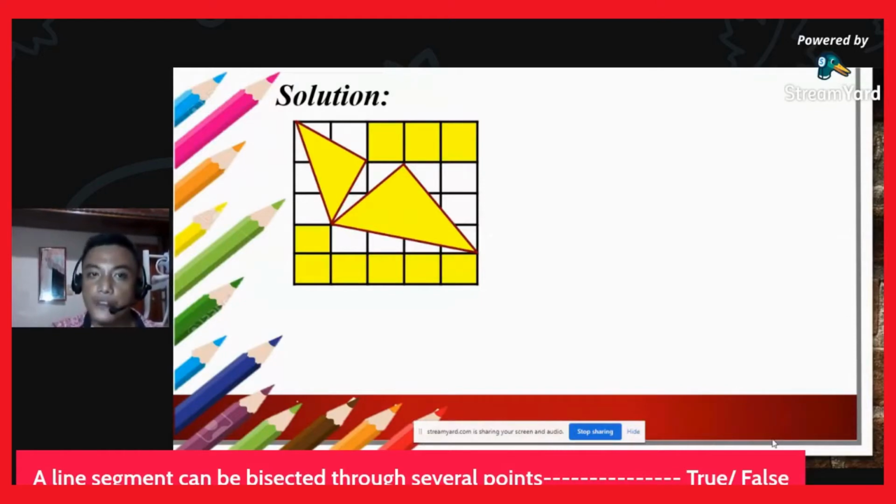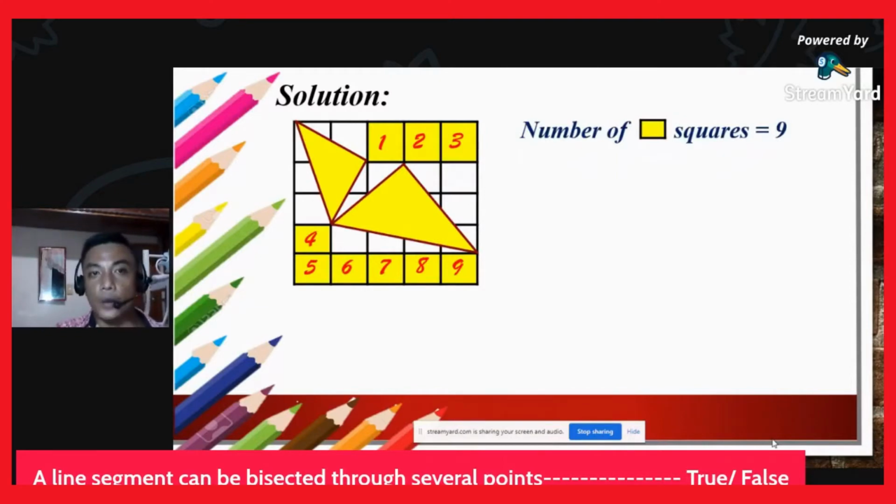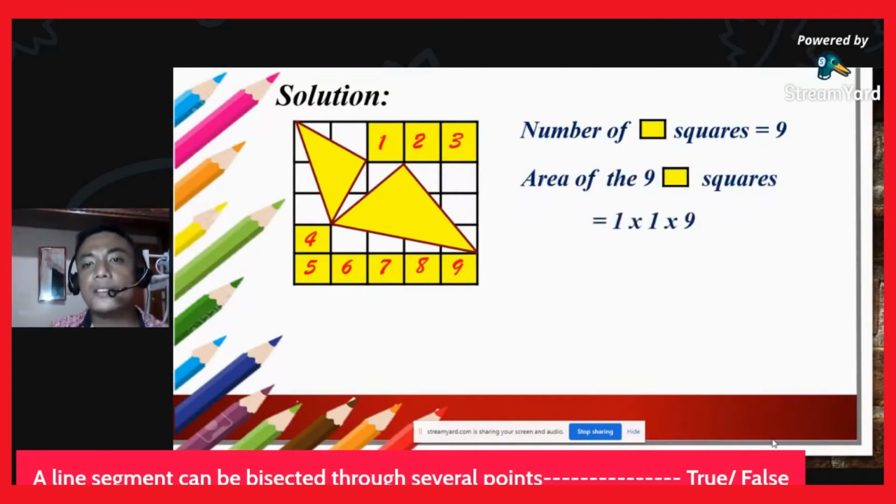So we have 1, 2, 3, 4, 5, 6, 7, 8, 9. So the number of squares is equal to 9, and the area of the 9 squares is simply equal to 1 times 1 times 9, which is equal to 9